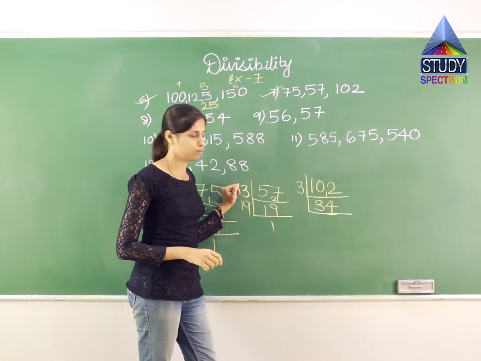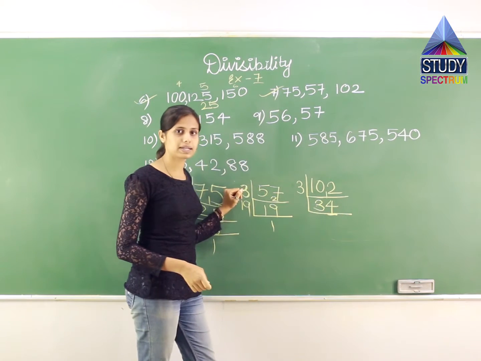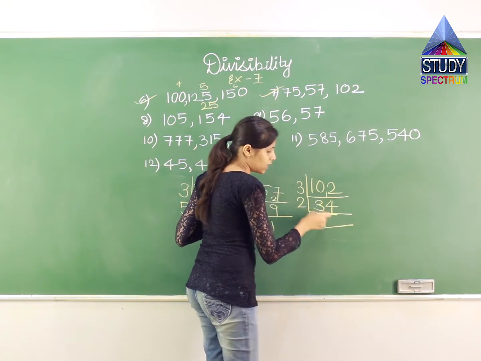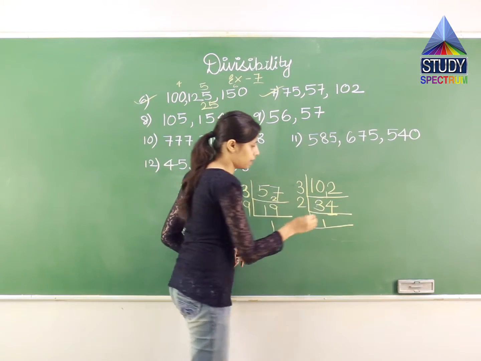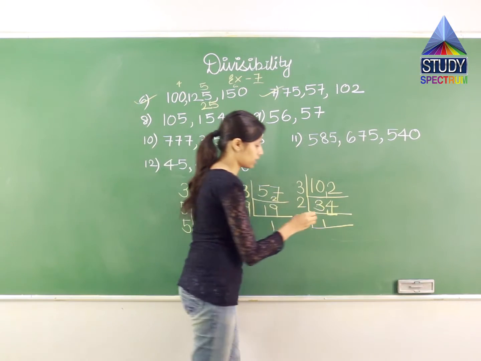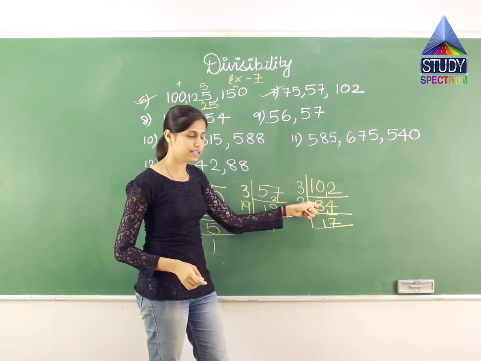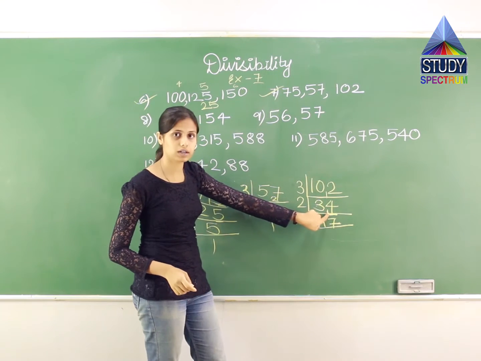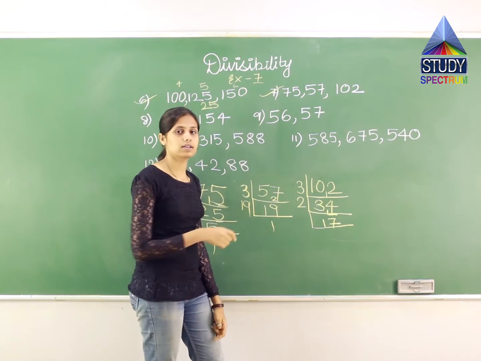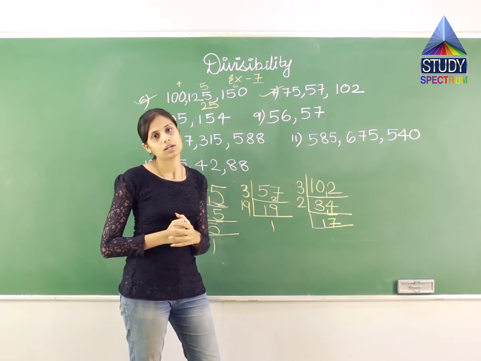4 at the end means it is divisible by 2. So I will divide it by 2 because 4 is an even number, and an even number at the end means the number is divisible by 2. So I will divide this 34 by 2. 2 ones are 2. But I have 3 over here. So this one I will bring over here. Now 2 how much are 14? 2 sevens are 14. So 1, 7. 2 ones are 2. But over here I had 3. So 3 minus 2 gives me 1. That one I will put over here. I got 17. Now again 17 comes in whose table? 17 is again a prime number which comes in the table of 17 only.